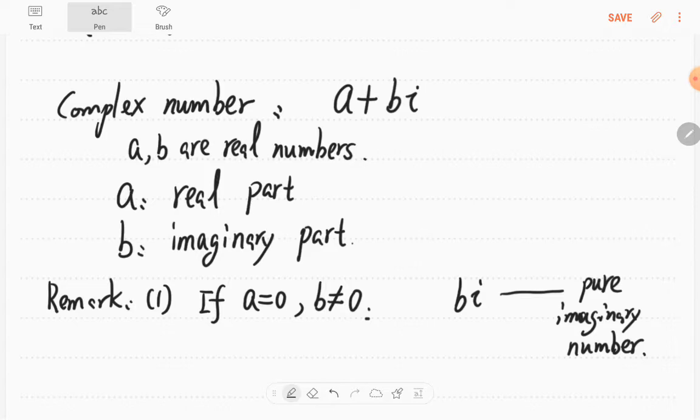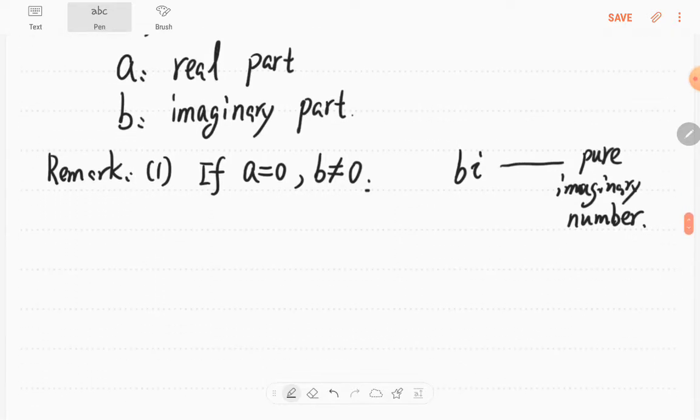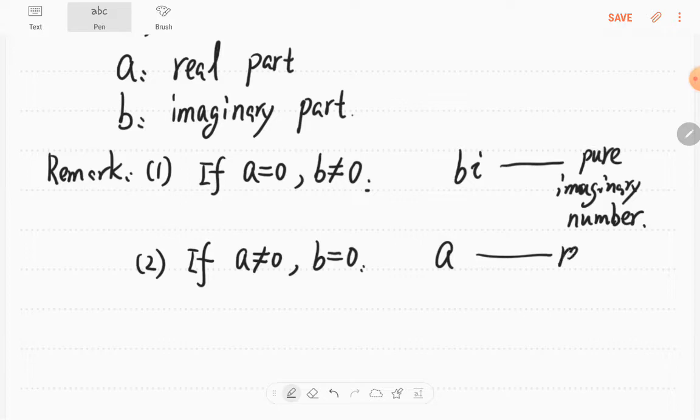Okay, sometimes we call it a pure complex number. If A is not equal to 0, but B equals 0, then this number becomes A, which is a real number, right? So the complex number becomes a real number because A is a real number, right? So from this case, we notice that the complex numbers actually